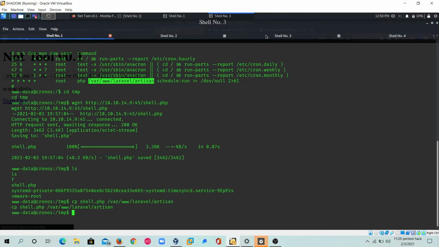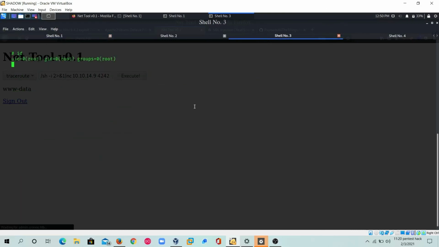The crontab has been executed. So if we enter id, we got access as the root. We got a root shell, so we can enter into the root. Yeah, we are in the root, and we can ls the file, cat root.txt. See, we got a root shell here.